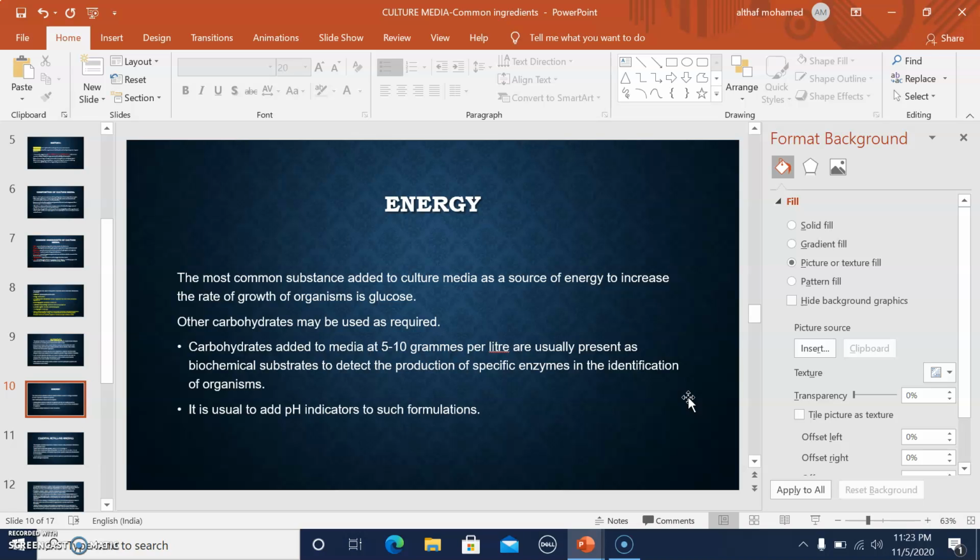The next is the most common substance added to the culture media as a source of energy to increase the growth rate of the organism, mainly what? Glucose. Glucose acts as the energy component. Other carbohydrates may be used other than glucose. So carbohydrates added to the medium at 5 to 10 grams per liter are usually present as biochemical substrates